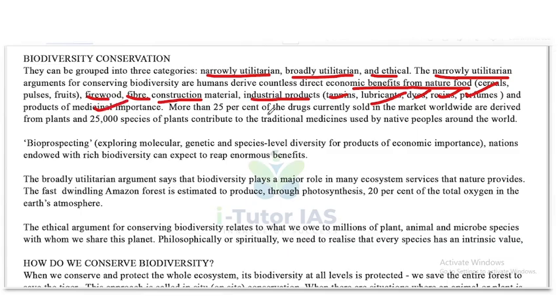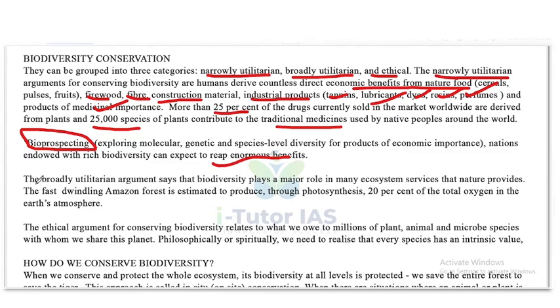More than 25% of drugs currently sold in the market worldwide are derived from plants, and 25,000 species of plants contribute to traditional medicines used by native people around the world. Bioprospecting is an important term which is usually seen in the question papers, and it can also be used in your mains answer writing, which is nothing but exploring molecular, genetic and species level diversity for products of economic importance. Nations endowed with rich biodiversity can expect to reap enormous economic